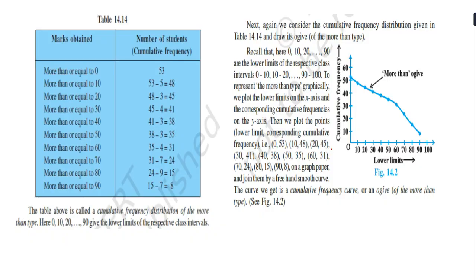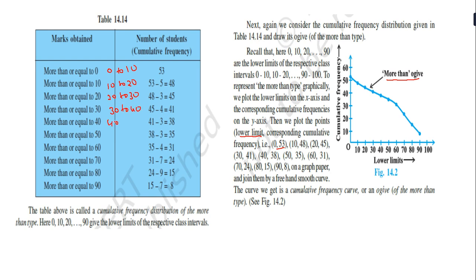Now we go for more than. Now the more than type graph, the more than ogive. So again, more than or equal to, so I have to write here more than or equal to 0, 10 to 20, more than or equal to 20, more than or equal to 0. What do we have to write? 53, the lower limit I have to take. So 0 to 10, 10 to 20, more than or equal to 20, 20 to 30, 30 to 40,